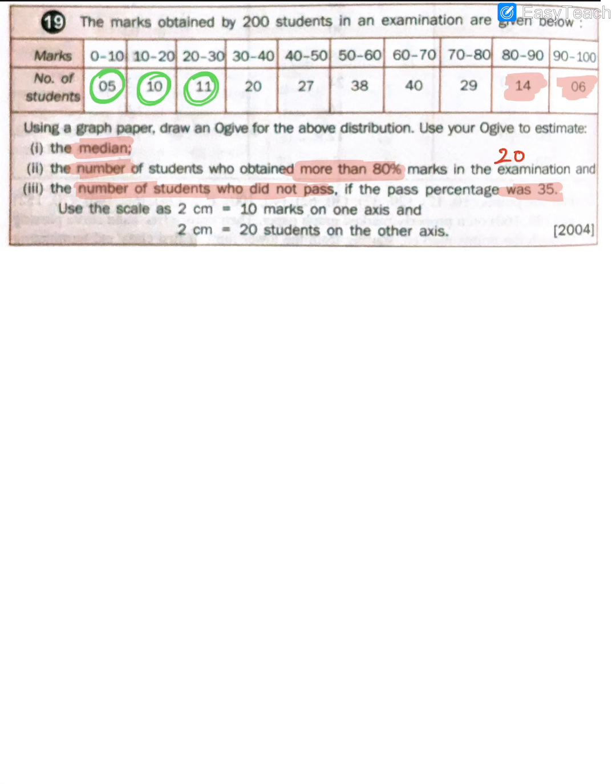Now out of these 20 people, 30 to 40, if you have got 35 or less, you must have failed. So what we do, just roughly, approximately, out of 20 people, say 10 must have got less than 35, and 10 must have got more than 35 on average. Now count all these numbers which are circled in green. 5 plus 10, 15 plus 10, 25 plus 10, 35 and 1, 36. So we are getting 36. These are the number of students who must have not passed.